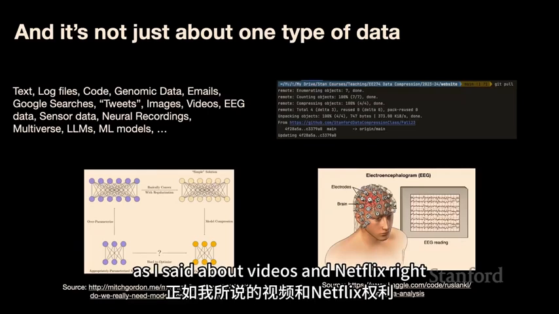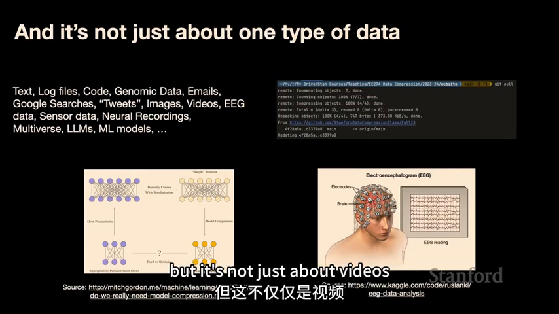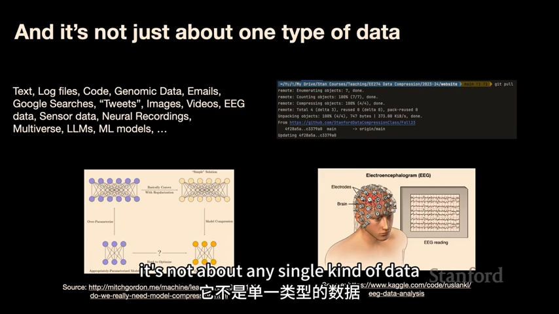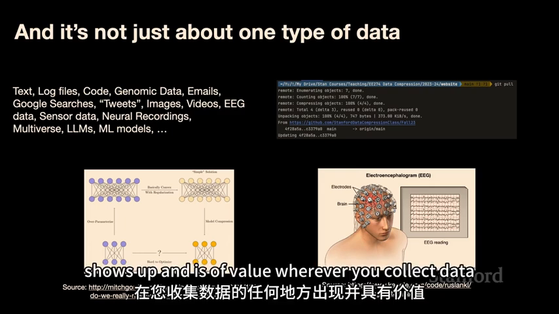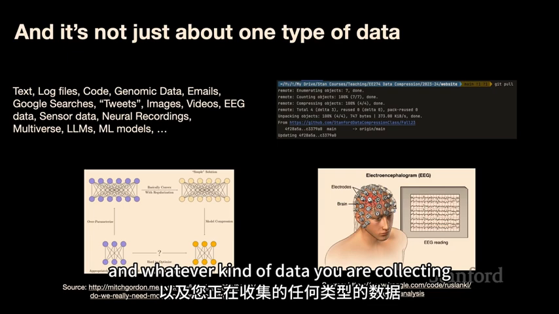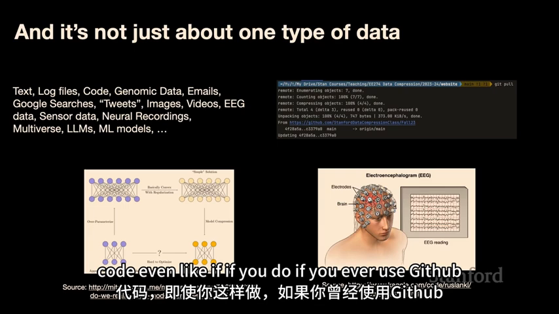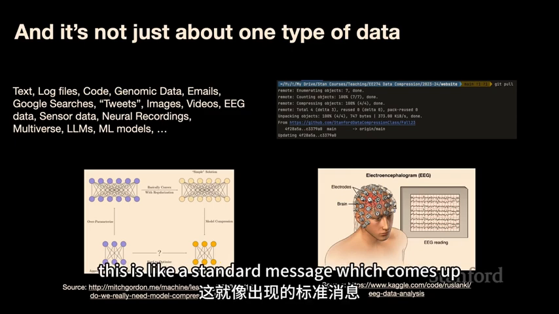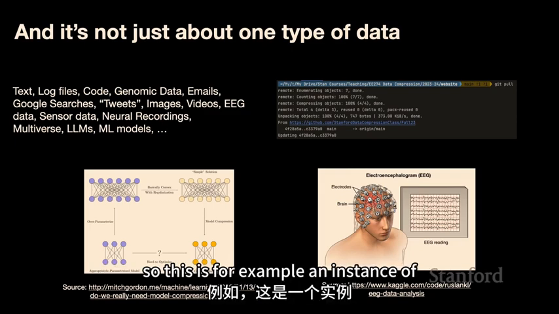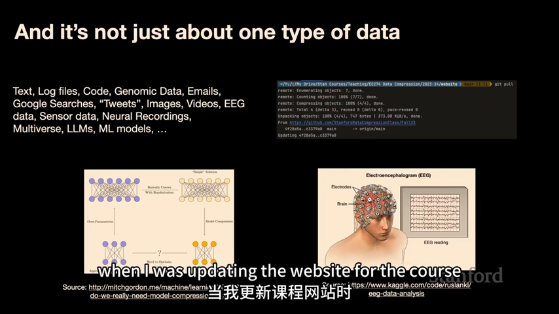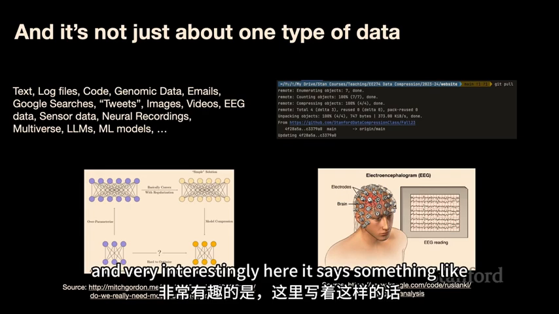But the interesting part, as I said about videos and Netflix, right? It's not just about videos. It's not about any single kind of data. Data compression shows up and is of value wherever you collect data and whatever kind of data you are collecting. So things like text, log files, code, even if you ever use GitHub and you do a git pull, this is a standard message which comes up. So this is, for example, an instance of when I was updating the website for the course. And very interestingly here it says something like compressing objects,